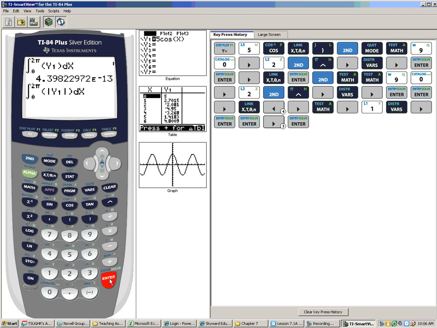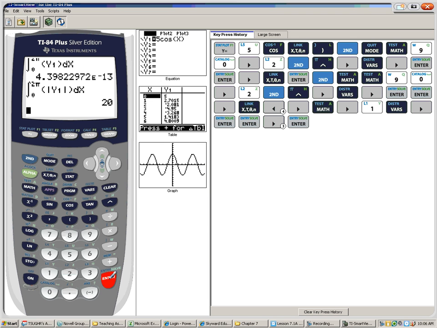And now we get a value of 20. Okay? So that's the total distance traveled. Since they let me do it right here, I'm going to do the work right here. Hopefully there's enough room where we can see this and see if we actually get the same value if we crank this all out. In other words, if I take the definite integral from 0 to pi over 2 of